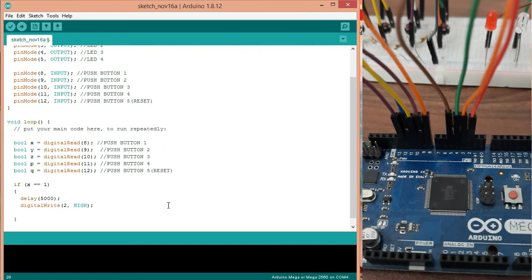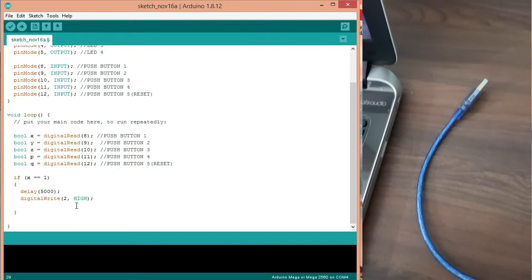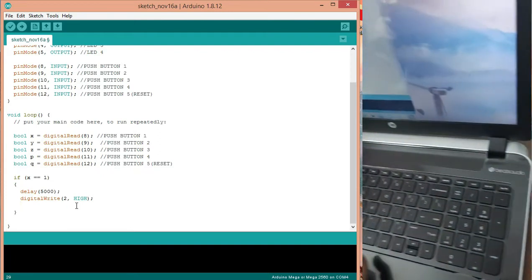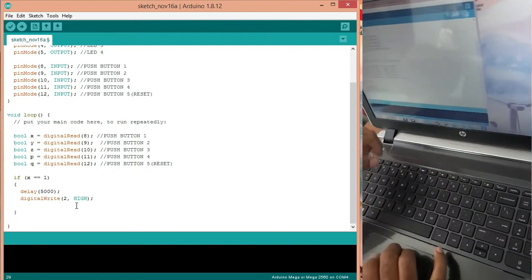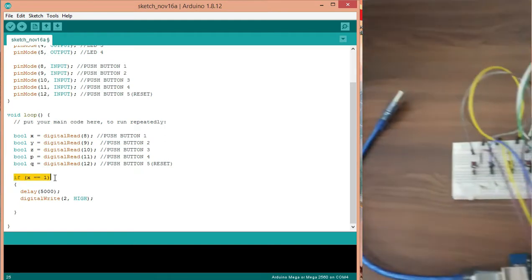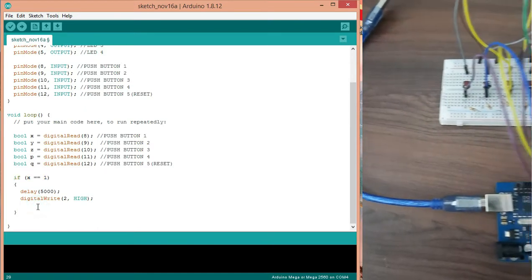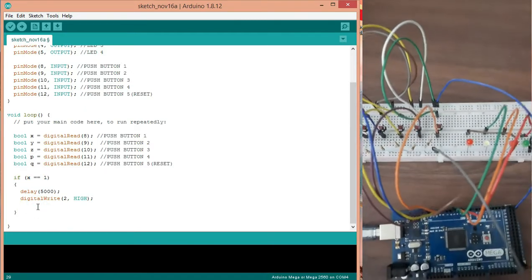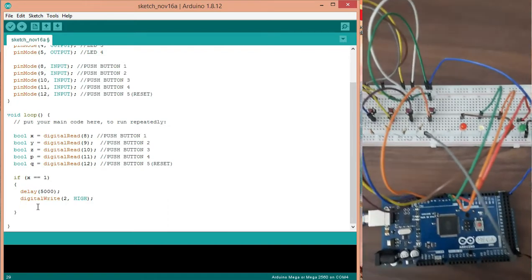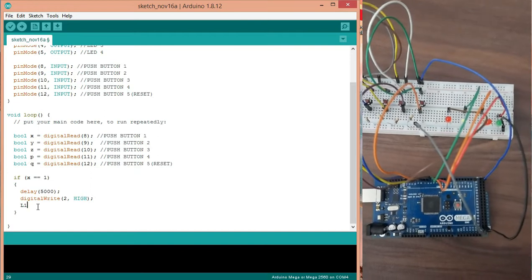After turning it on, we will have to store this value. We have to store this value in another boolean value, L1.